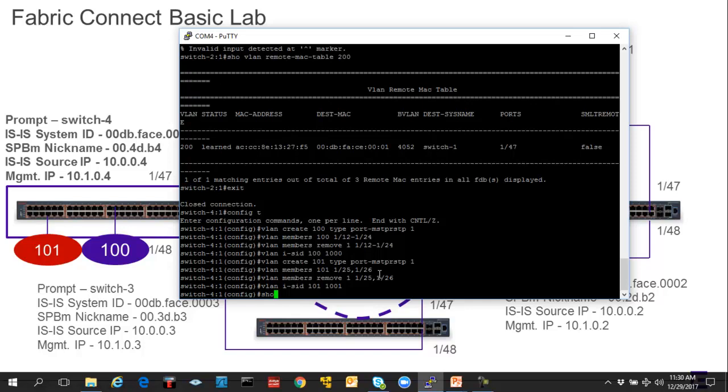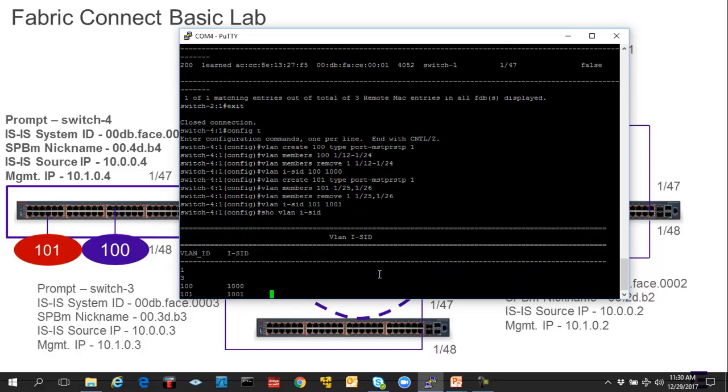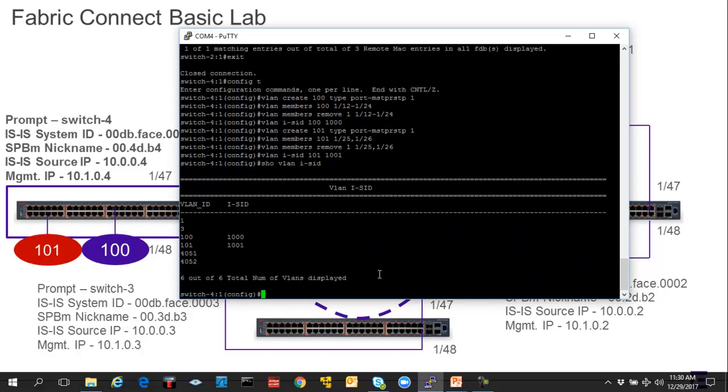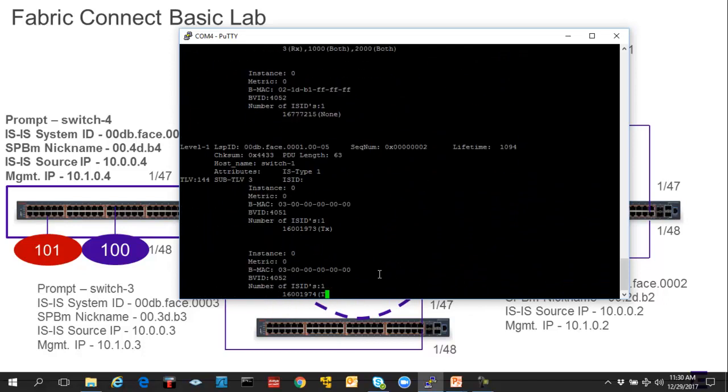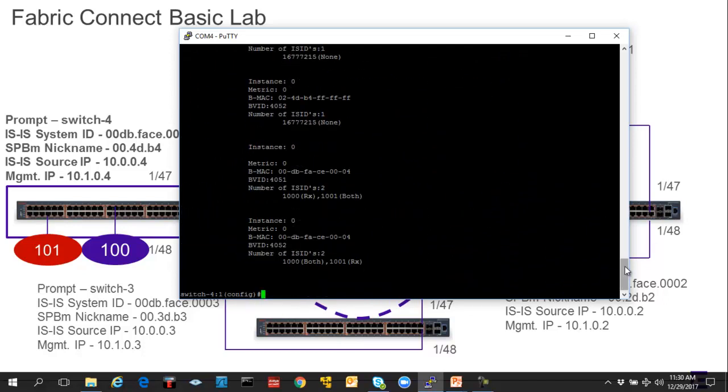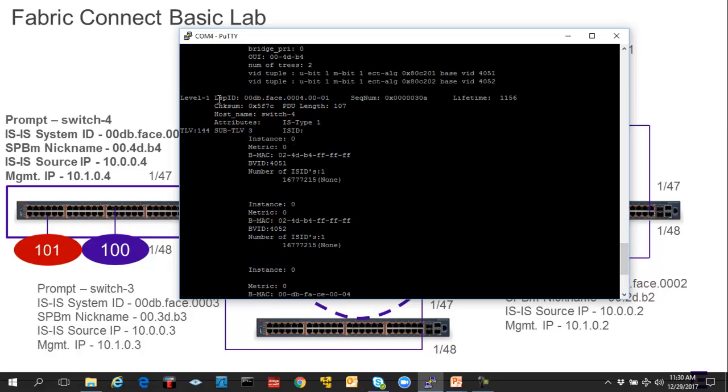So let's do a show on the VLAN ISID table here. You can see that we have our VLANs and ISIDs set up. Now I want to do a show on the ISIS link state database, TLV 144 detail, and let's see what we see this time on our switch. Okay, so now we're all the way to the bottom of our screen, and we see our entry for switch number 4. We see our LSP ID entry